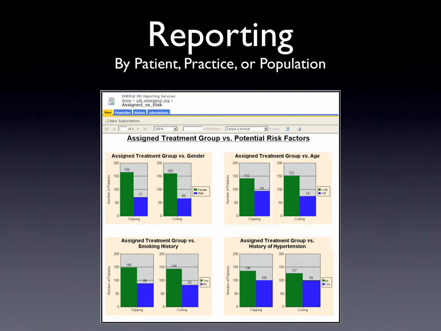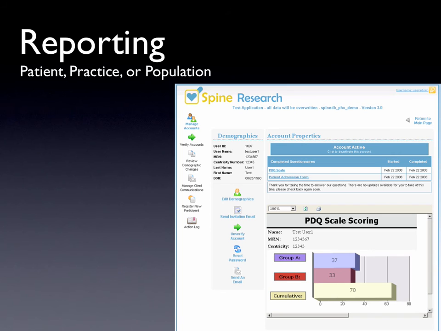But you may want to look at patient against themselves over time. You may want to look at patient against their peer group. You may want to look at a particular physician practice or the entirety of the aggregate. In each case, data needs to be presented in a way that is acceptable to the receiver. Here's another example of reporting. In this case, this is a patient in an individual physician practice, and we're looking at outcomes-based research of that patient.